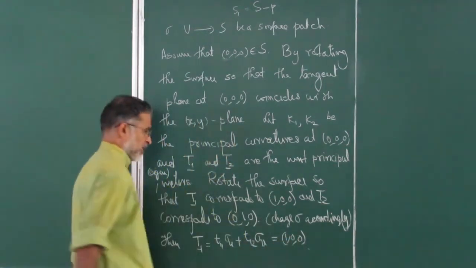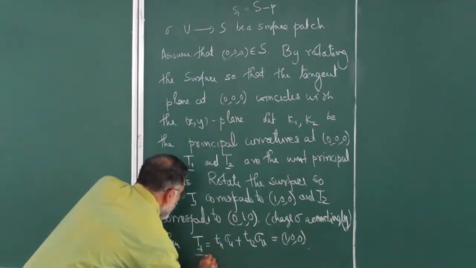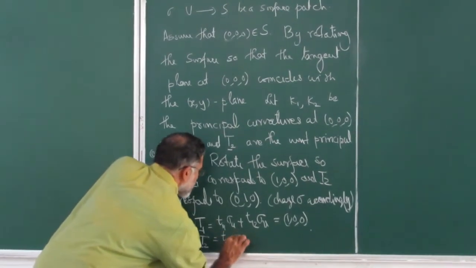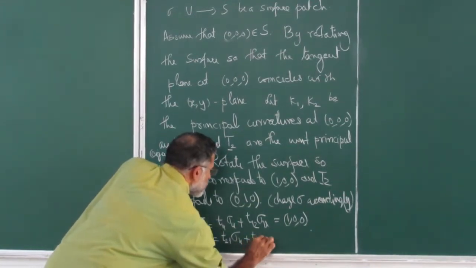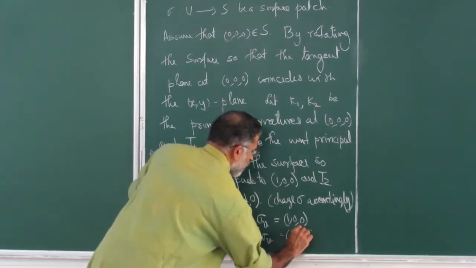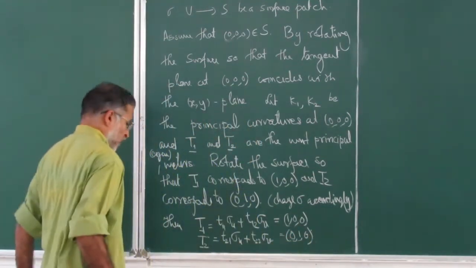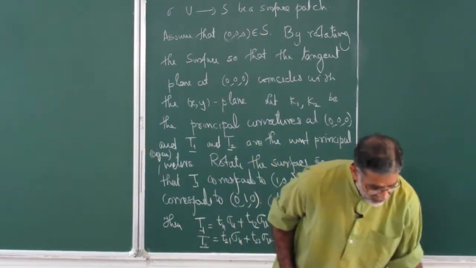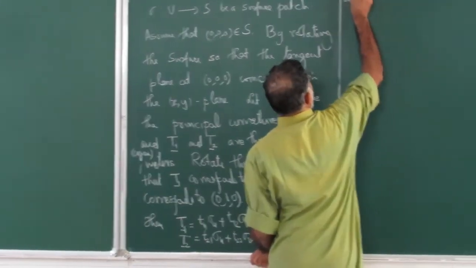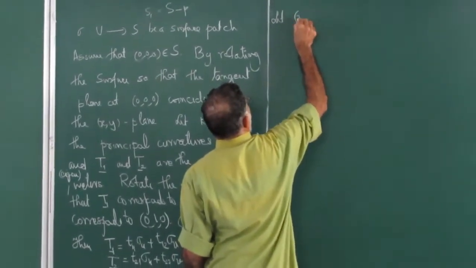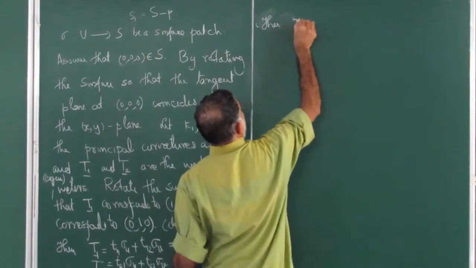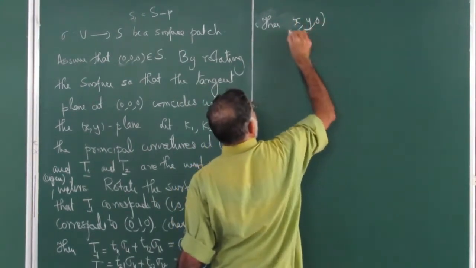So this could even be written as 1 0 0 in the xy plane. Okay, and T2 as a vector is going to be again T21 sigma u plus T22 sigma v, and this is your 0 1 0. Okay, so now, all right, we have written that. So let us write an arbitrary vector, x, y.